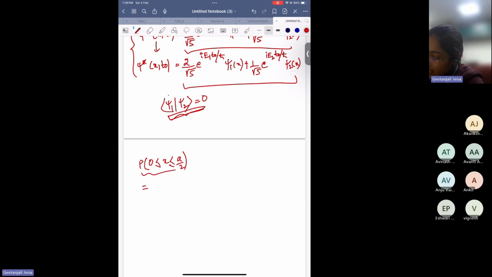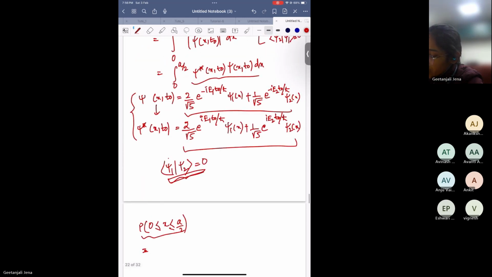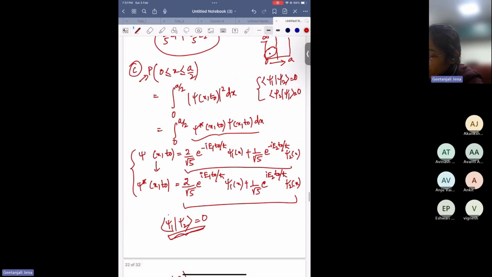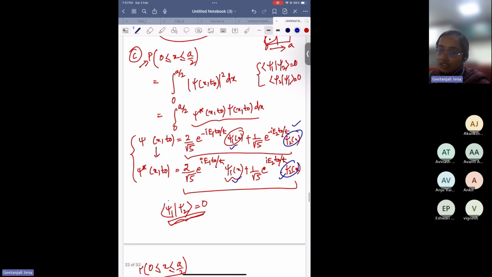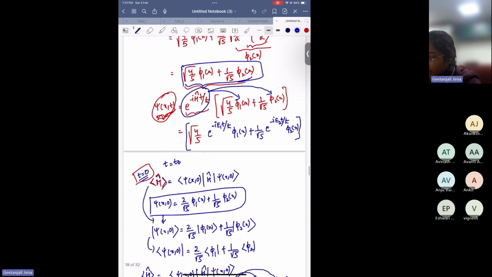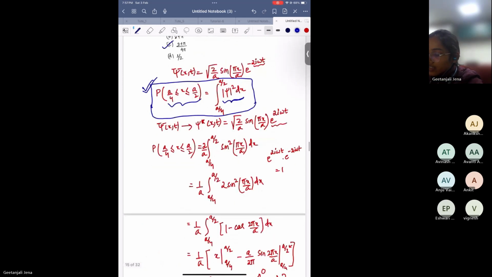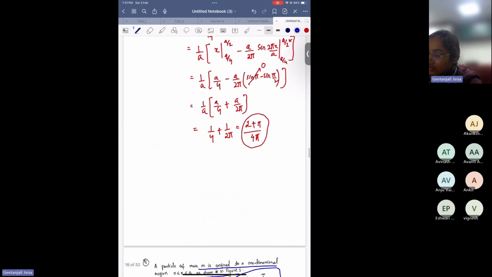So okay, for this case, what you have to do is, instead of writing, you have to take the whole term like psi 1 with psi 1 and psi 2 with psi 2, and another cross term also, psi 1 with psi 2, psi 2 with psi 1. And using the whole term, you find out the integration, what you are getting. Like I have solved one of the questions for probability, I think in one of the questions, this one. So similar to this, calculate the probability of this one,